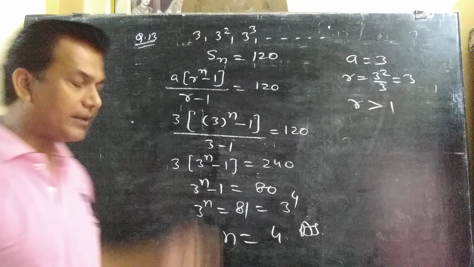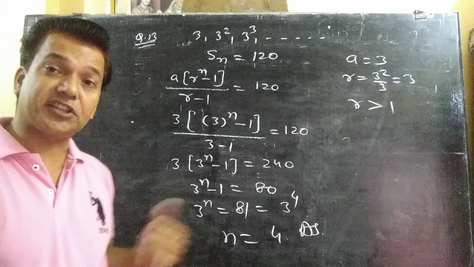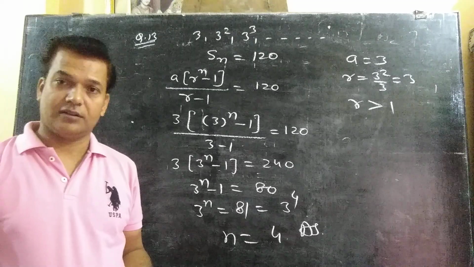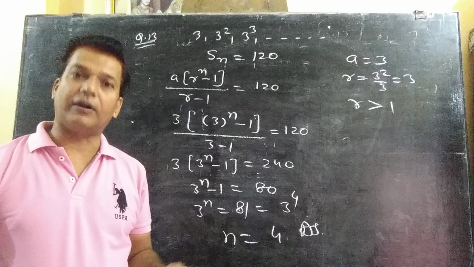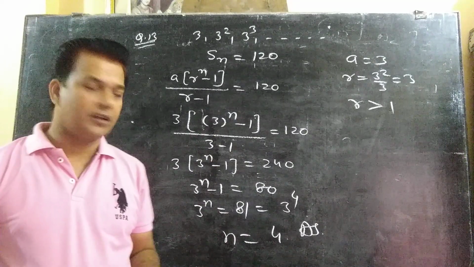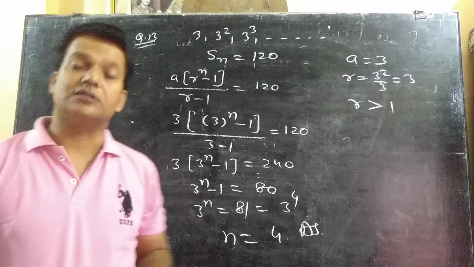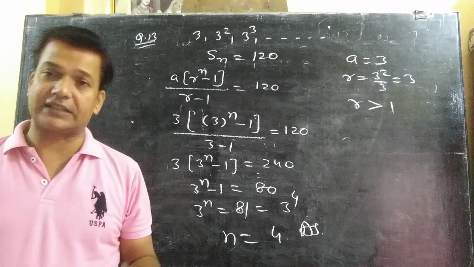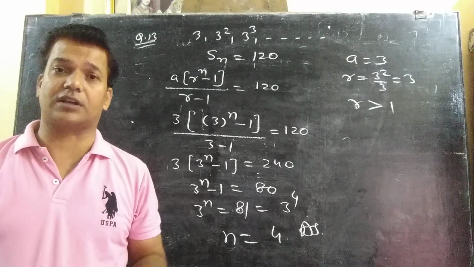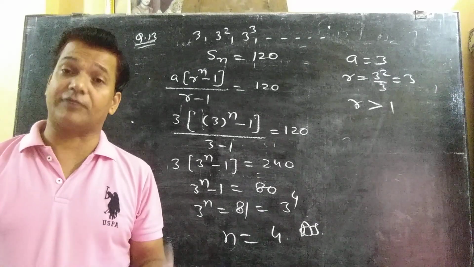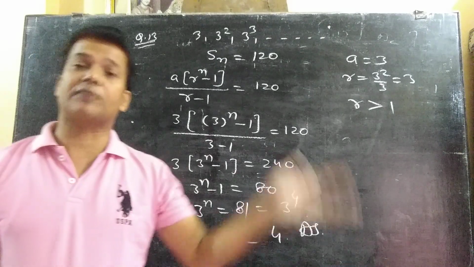तो इस तरह से अपन ये पता लगा सकते हैं कि कितने टर्म्स उस GP में थी जिनका टोटल 120 बनता है। तो ये अपने इस तरह के प्रोसेस हैं जिनके थ्रू अपन जीपी के क्वेश्चंस को सॉल्व करते हैं। किसी में एन फाइंड आउट करना, किसी में आर, किसी में फर्स्ट टर्म, किसी में नंबर ऑफ टर्म्स सारी ही फाइंड आउट करनी होती है।